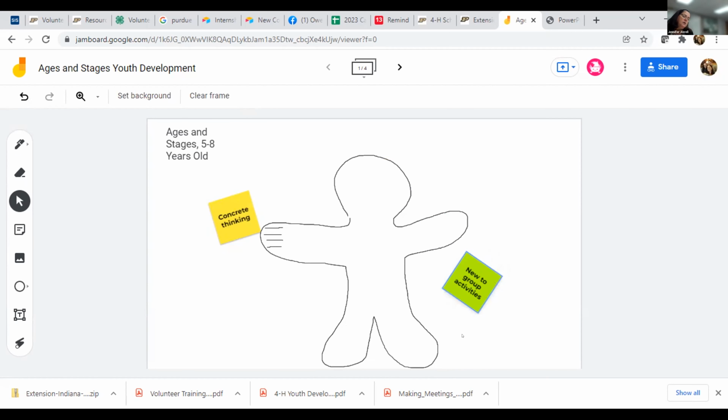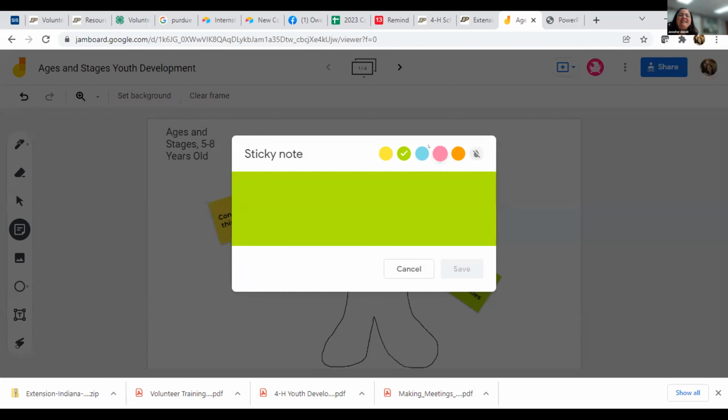Okay, and how about emotionally, 5 to 8-year-olds? Can you think of a characteristic emotionally that's common with this age group? Do they care about what other people feel? Not really. They don't care a whole lot about how other people feel. Investment in other people's feelings. That's not exactly how I want to say it, but